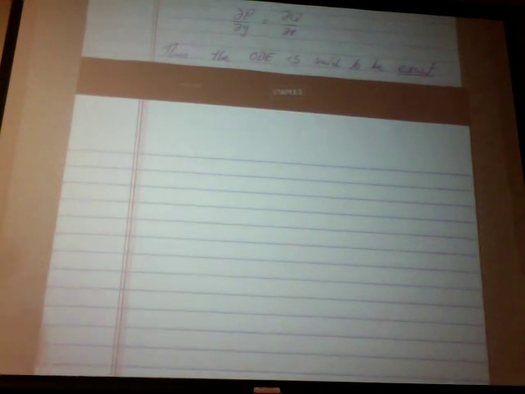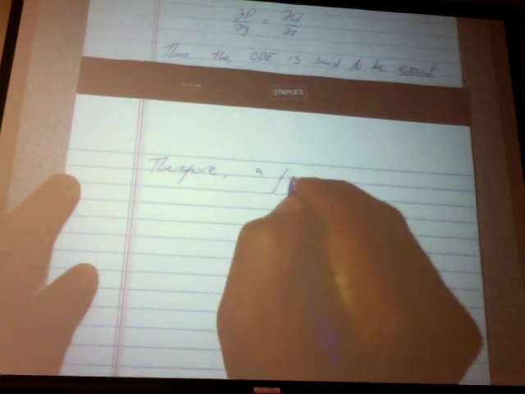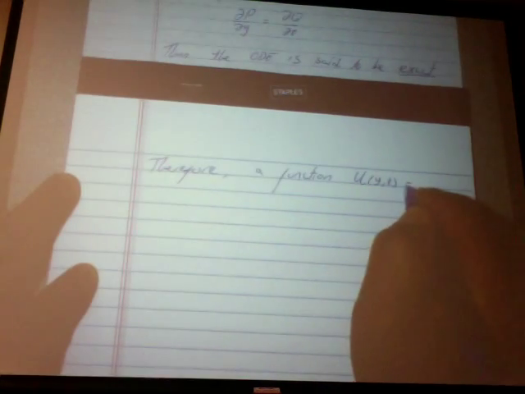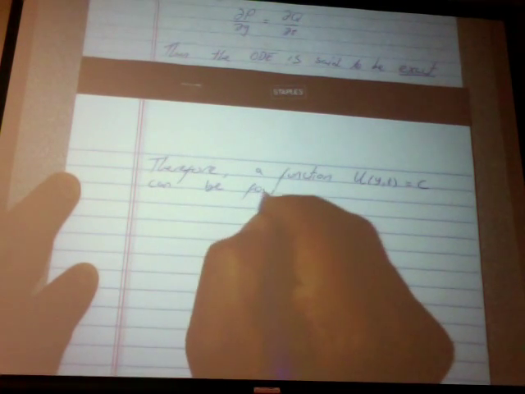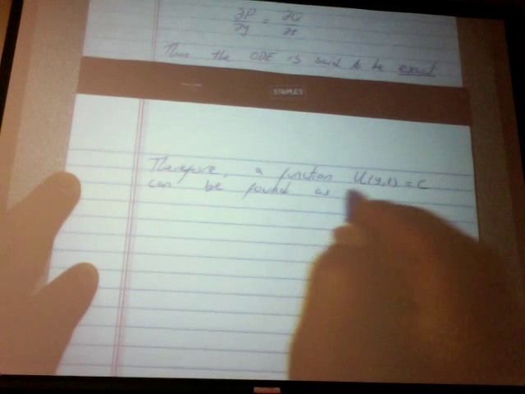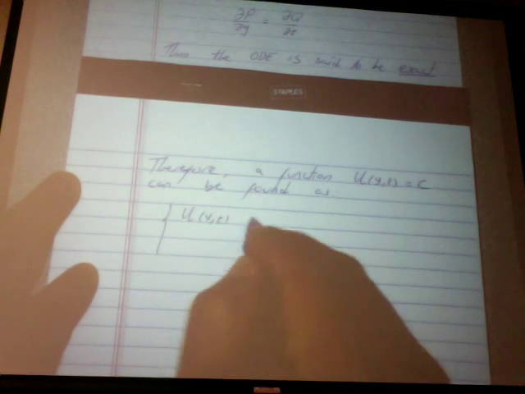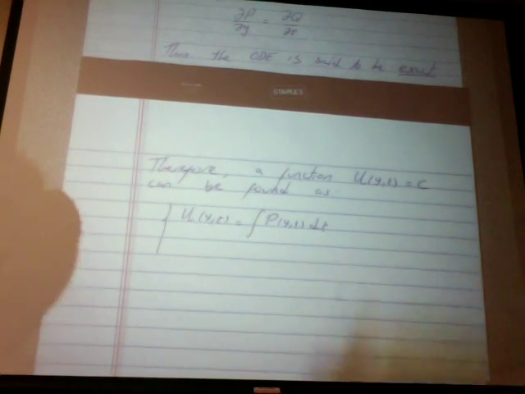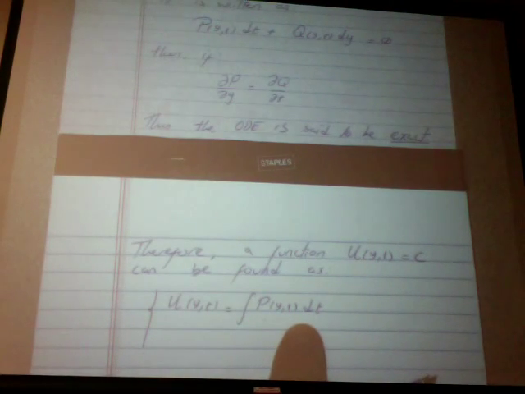Then, therefore, a function u of y and t equal to c can be found as u of y and t is the integral of p of y and t with respect to t. Now we take the integral of the function that multiplies dt, we integrate with respect to t,